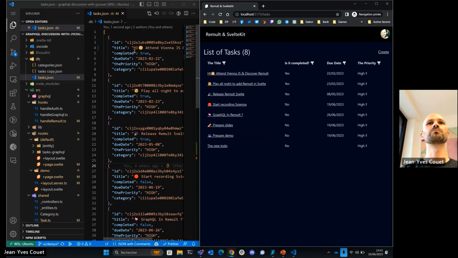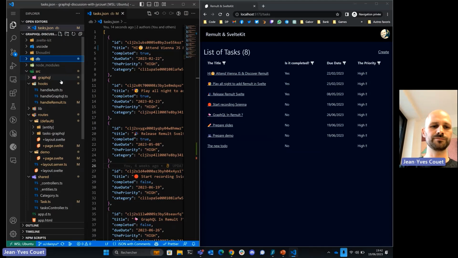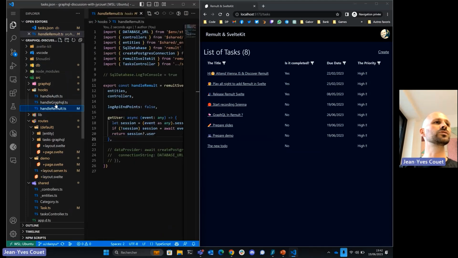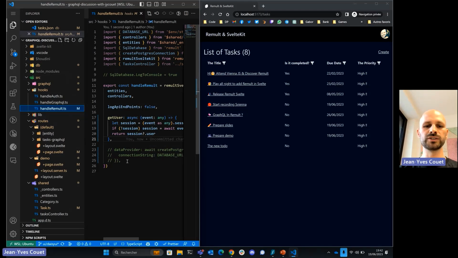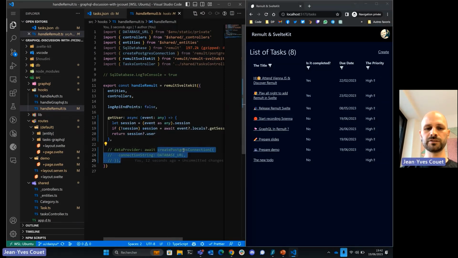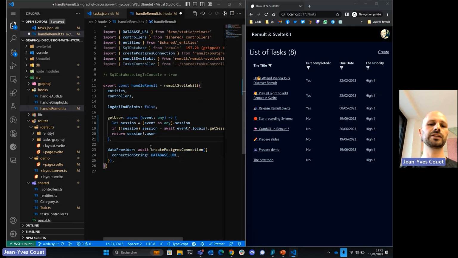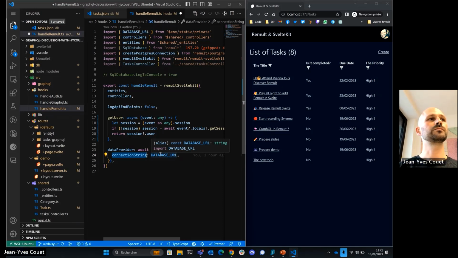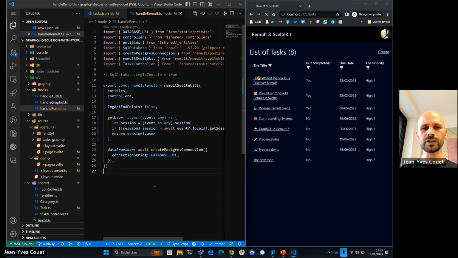Great. But this is not a professional level. Let's say how you deploy a real website like this. You cannot. So to do this, you will go in this handle remote, where you configure remote. And you will say, my database provider is a PostgreSQL database. So you uncomment this and you just tell it my connection string is in the database URL. And that's it. Now, if I save this,